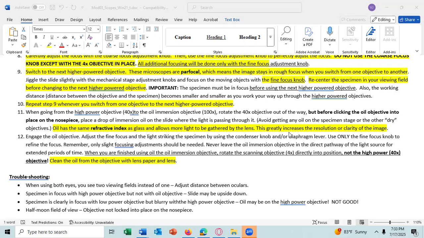And so you should always check the 40x lens to see if you accidentally got oil on it, if you're using oil with the microscope. And then there must be oil on the 100x lens if you use oil. So you have to clean it. Any questions about oil?